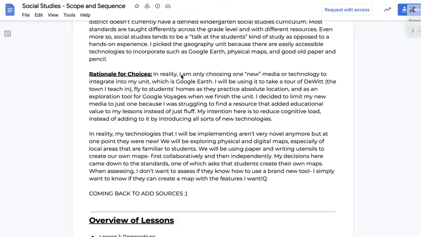And I think that'll help them build their schema and gain familiarity with this tool that they're going to be using in their everyday life to navigate, like when they start using GPS technology to help them get around town in their cars in the future. I thought that was a very good choice in that respect.